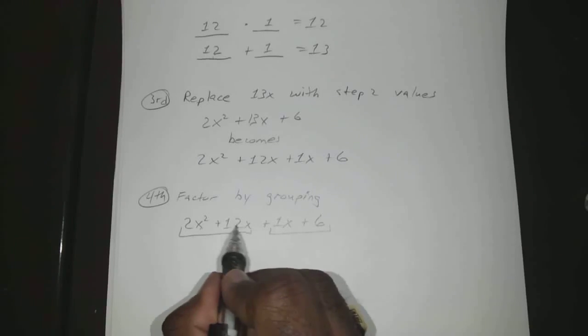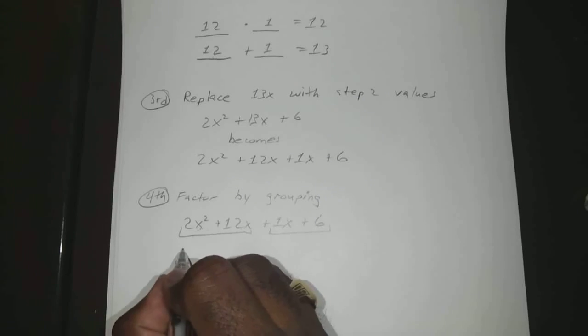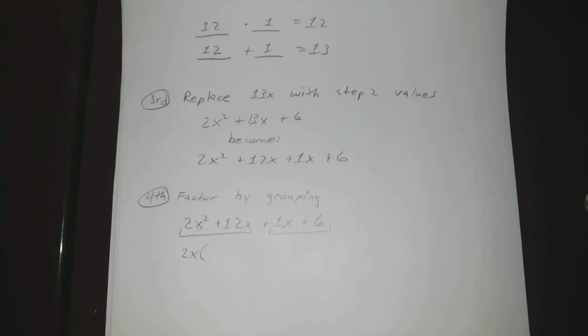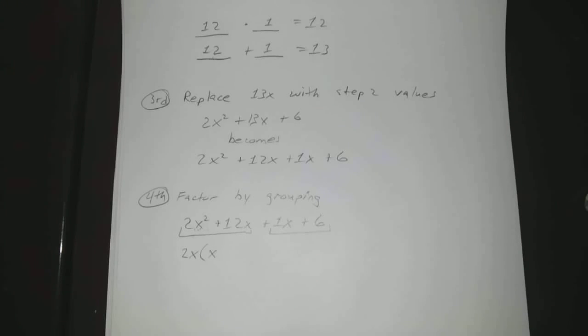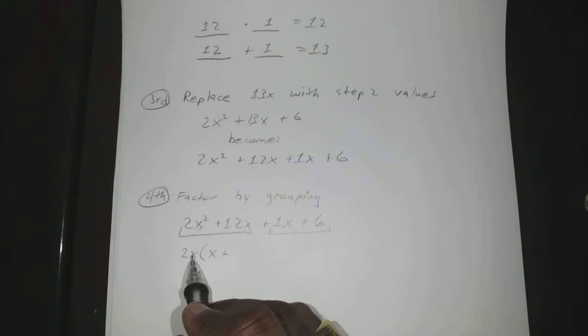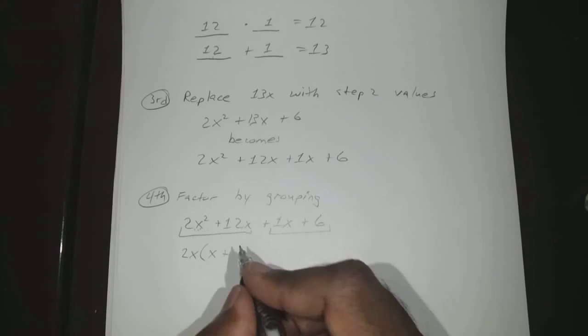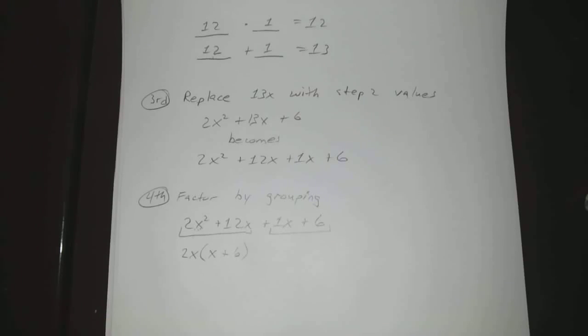So you can factor a 2x out of both of those. Okay, so 2x times x will give us 2x squared. And 2x times 6 will give us 12x. Plus, you can only factor a 1 out of both of those since they don't have